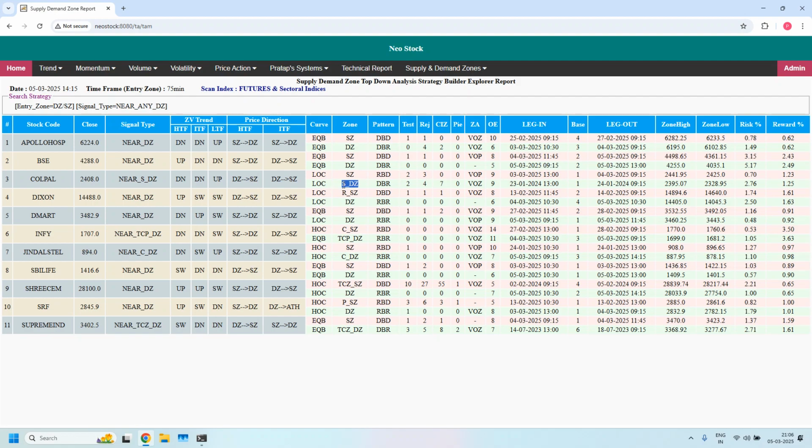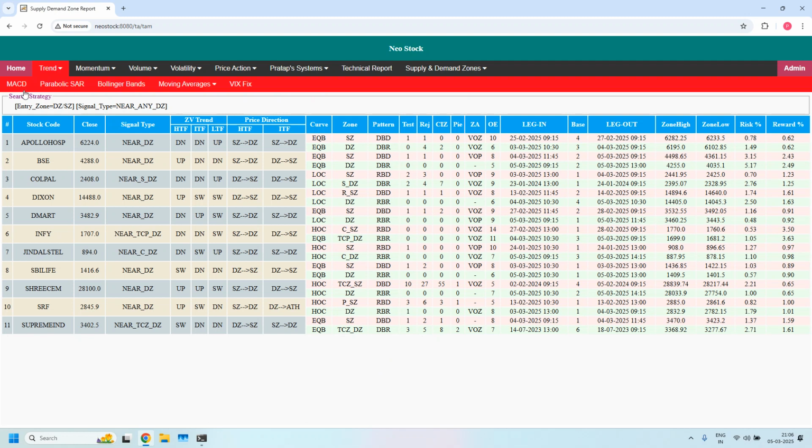Colpal is having a 75 minutes high liquidity demand zone. Infi is having a 75 minutes high liquidity demand zone. Jindal Steel is having a 75 minutes high liquidity demand zone. So we identified 3 75 minutes high liquidity demand zones from this list. Okay, next,